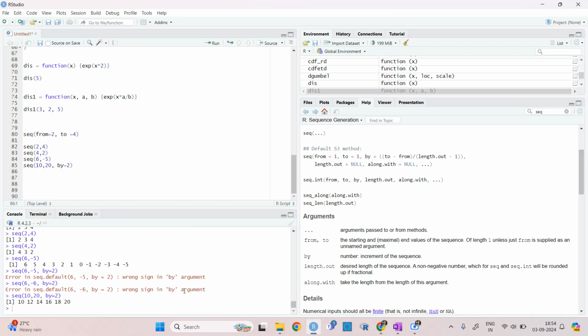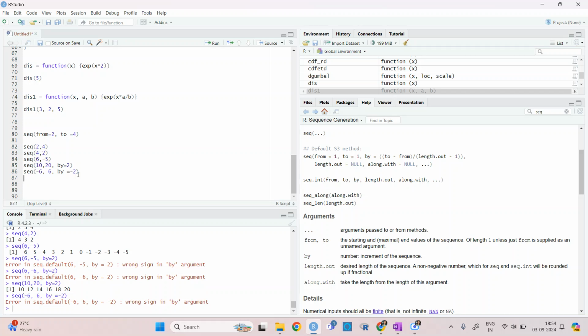So in the time of by, I think we can take minus 6 to 6 by minus 2. Okay, so we can see that it is not working for 6 to minus 6.